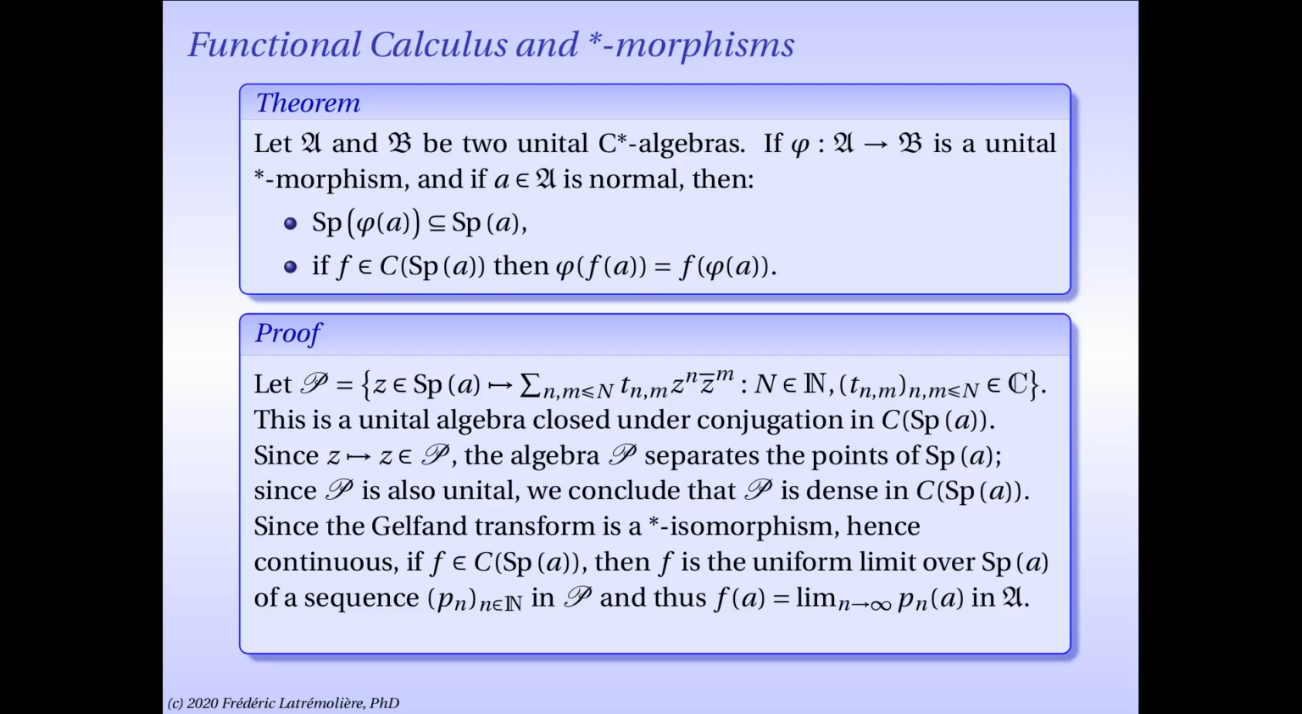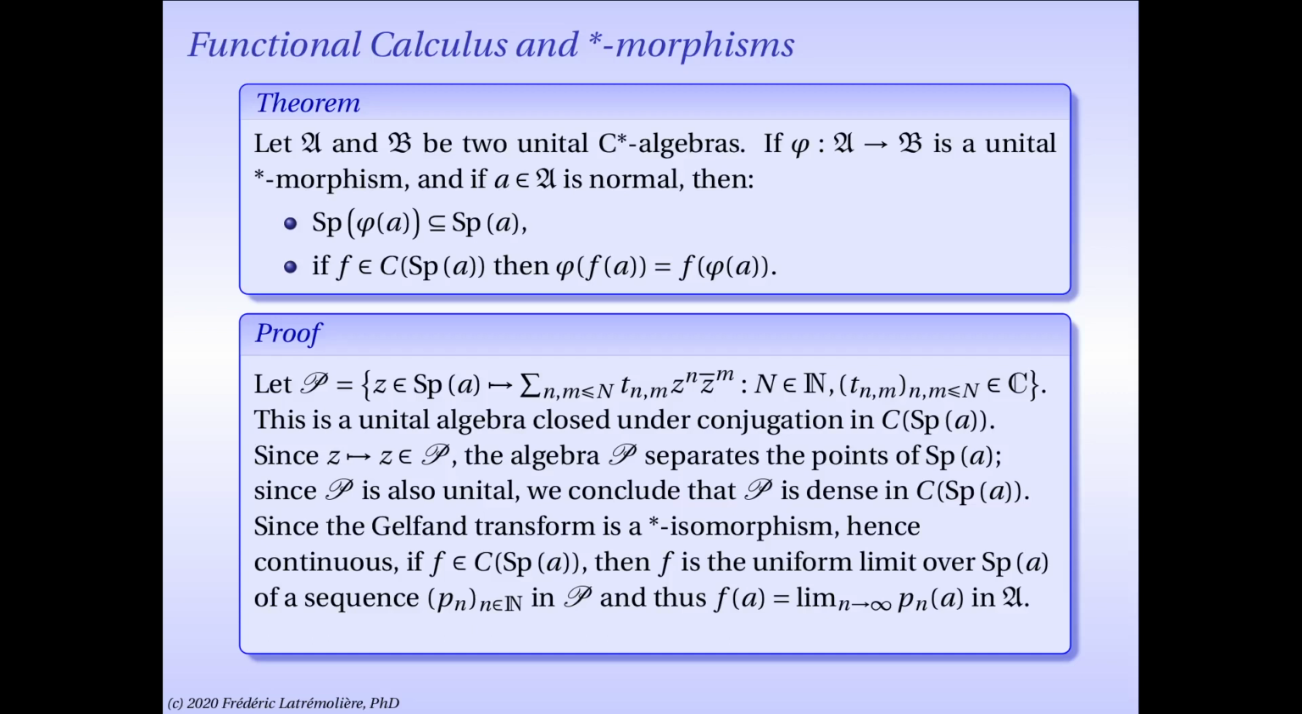So now the spectrum of A, of course, as you well know, is a compact subset of the complex numbers, so we can apply the Stone-Weierstrass theorem to conclude that this set P is dense in the C-star algebra of complex valued continuous functions over the spectrum of A. And using the fact that the functional calculus is a star isomorphism, and therefore in particular continuous, and observing that if you take a function f that is complex valued and continuous over the spectrum of A, then f must be a uniform limit over the spectrum of A of some sequence of elements in that P set,